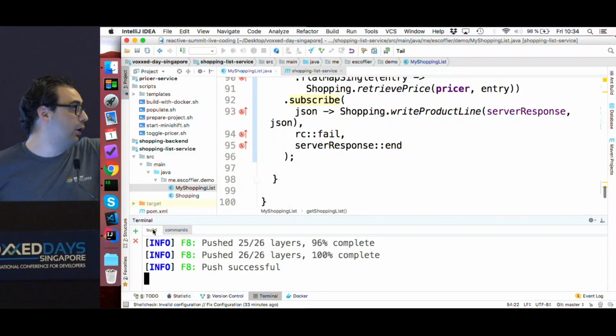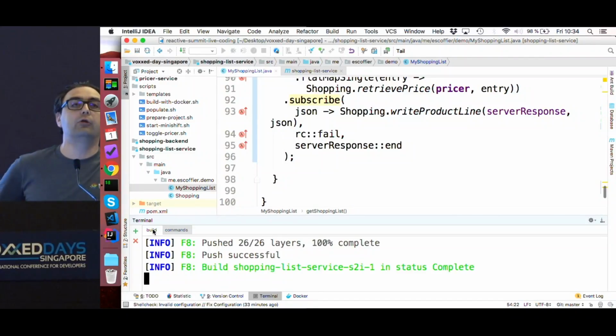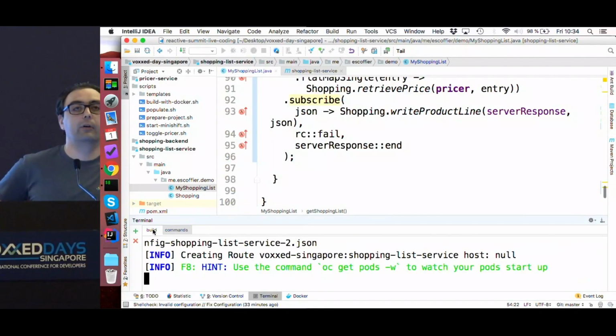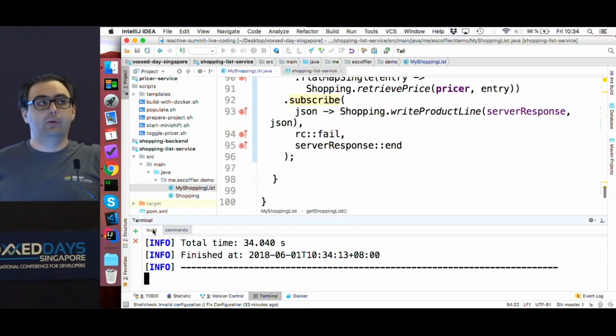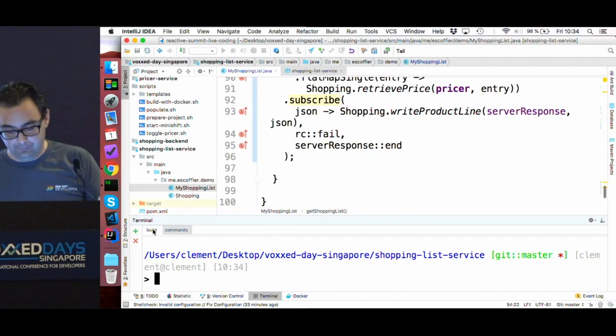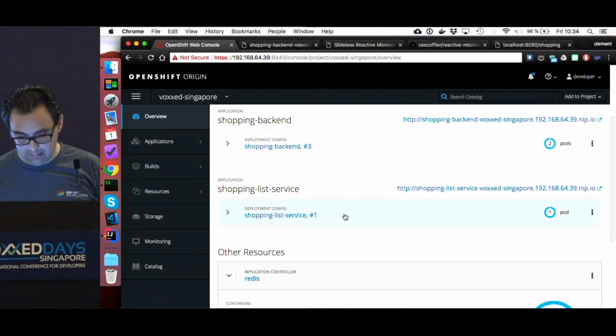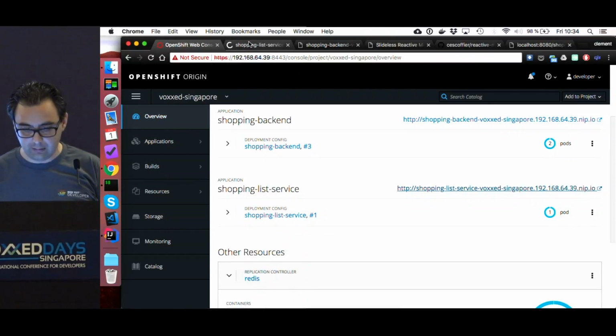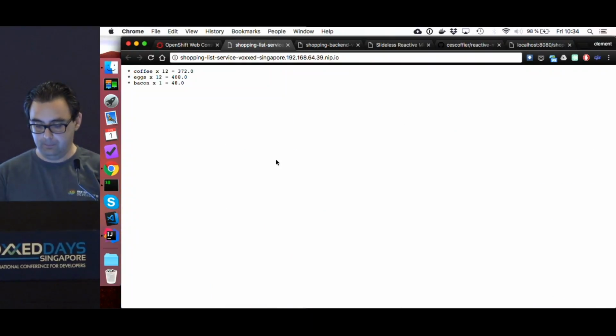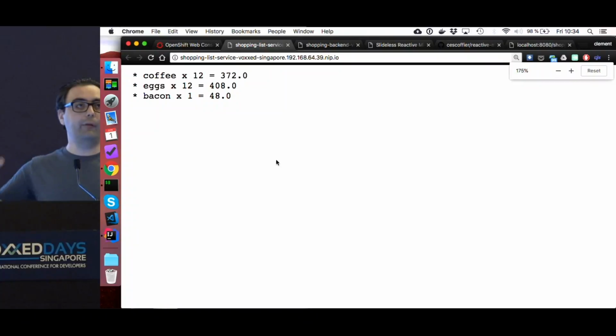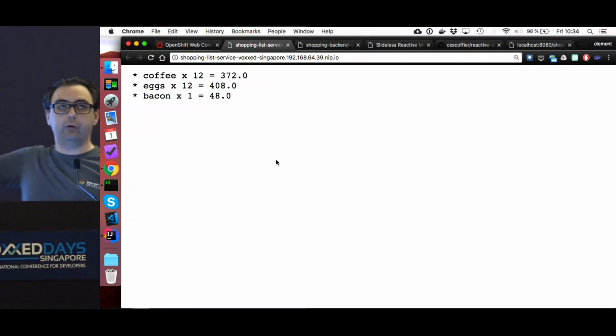So before, our Docker image had 5 layers. This one has 26 layers because I added monitoring, logging, and well, all the stuff that we don't really care about, except production cares about it. So it's better to use this way. And now it should be there. Here it is. Yep. And if I go there, does that work? Here it is. So for each entry, we have called the pricer, and the pricer returns a random number